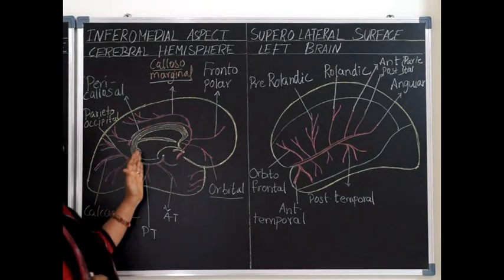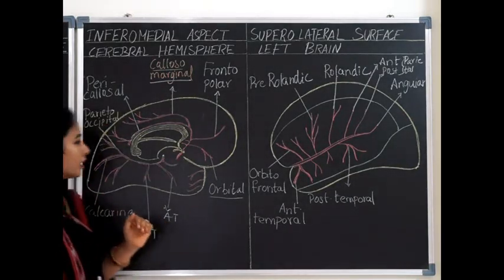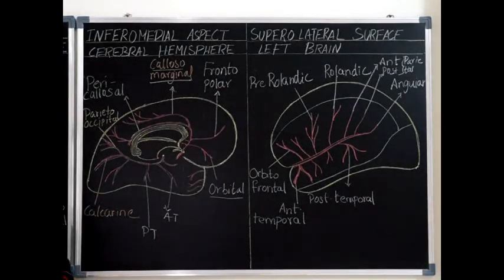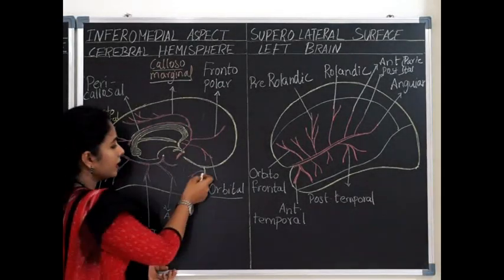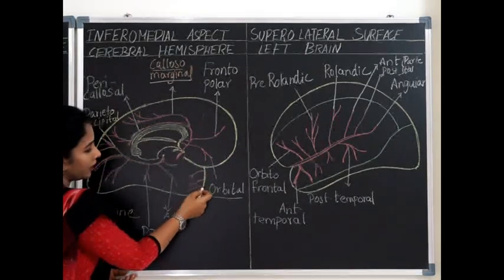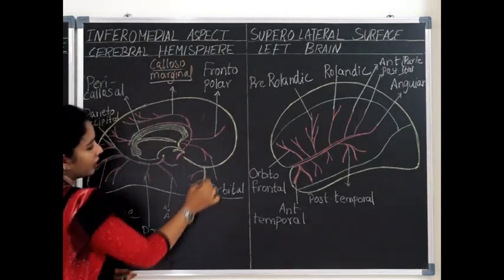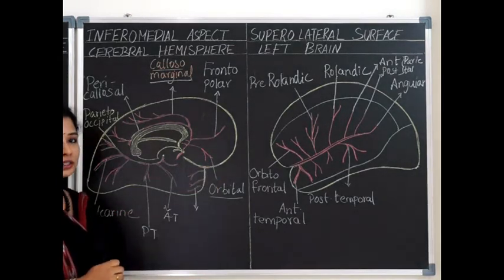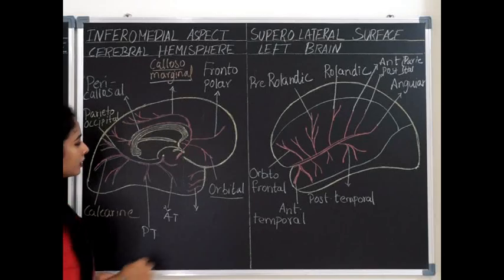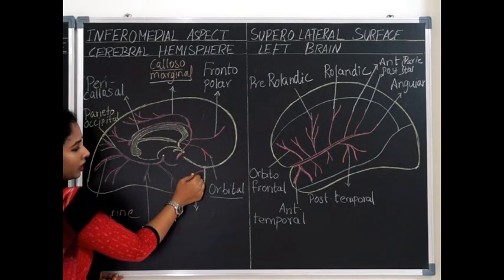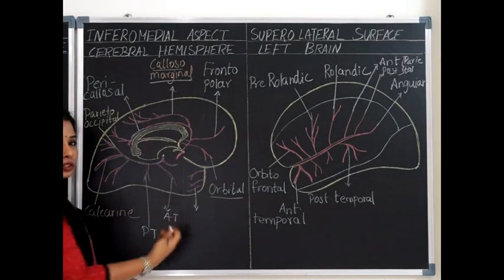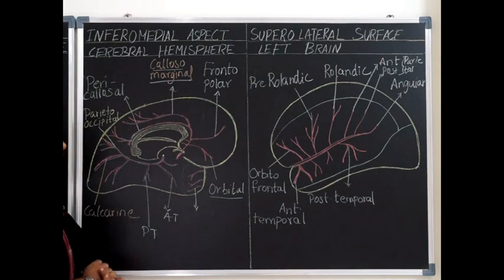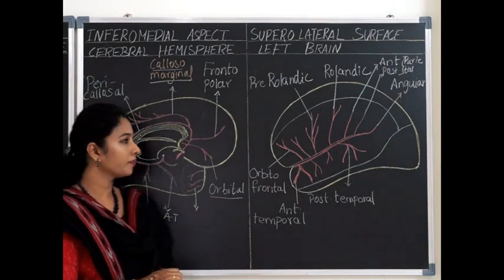These are the branches of posterior cerebral arteries, which also supply partly the medial surface and inferior surface of brain. And we can see a few branches from the middle cerebral arteries. Here is the stem of the lateral sulcus. The middle cerebral artery is the content of the stem of the lateral sulcus. Just around the stem of the lateral sulcus, the direct branches of the middle cerebral artery supply part of the inferior surface and medial surface of brain.